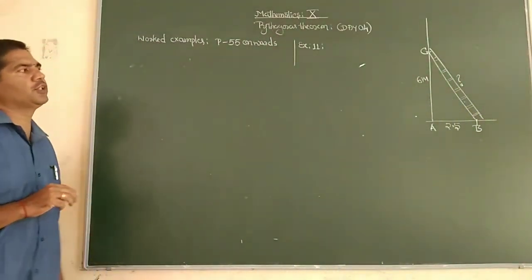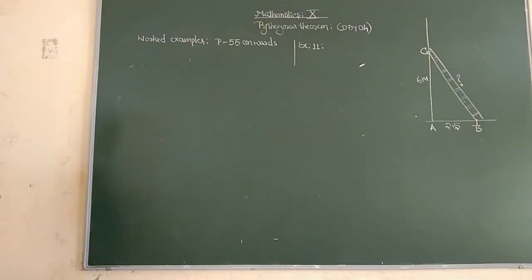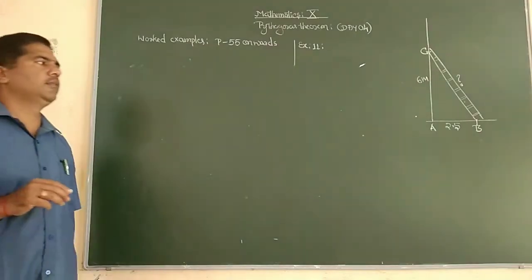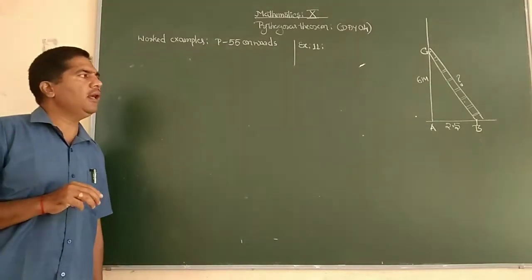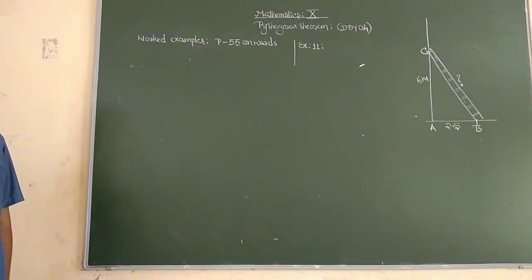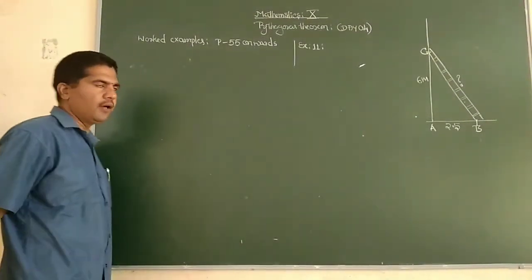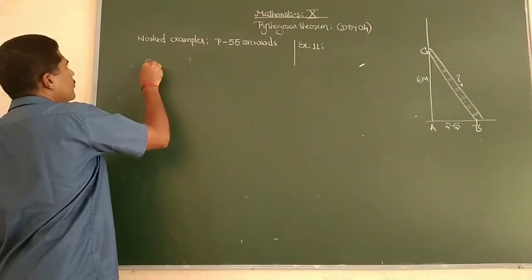In order to solve this question, you should go on writing the steps. Let AC be the wall. Let AB be the distance of the foot of the ladder from the wall. Let BC be the length of the ladder. These things you need not write. What you are supposed to do is make a rough figure. After making it, directly write the solution.